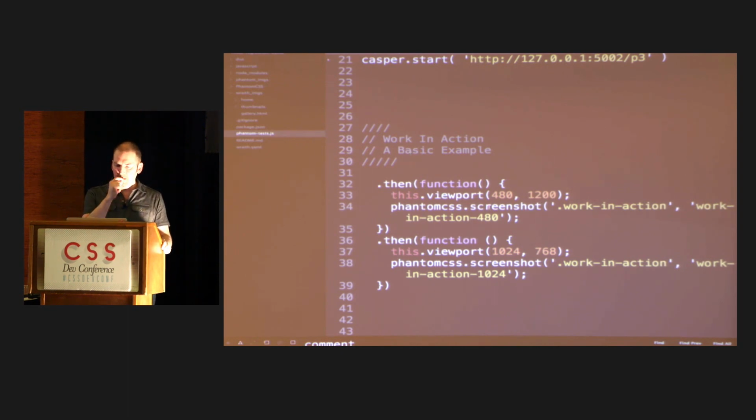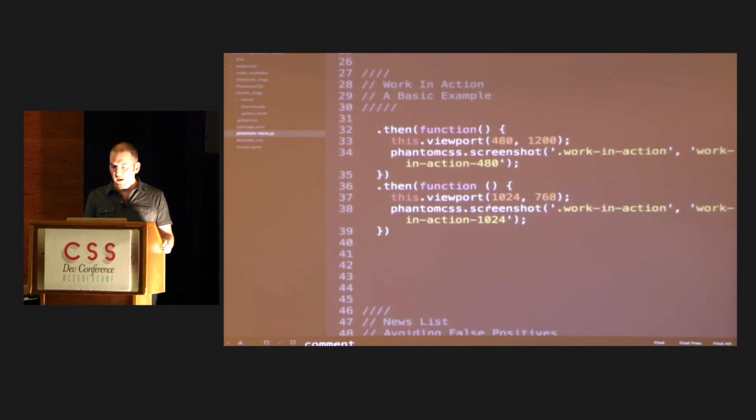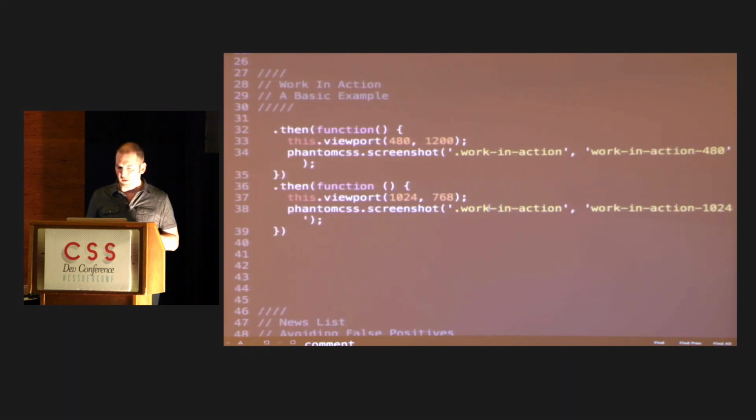I don't have these new dist files in there, so let me update that. I'll tweet that out as well, so if you do want to play around with this, I can get you the code. So let's just take a look at a real simple example of how Casper works